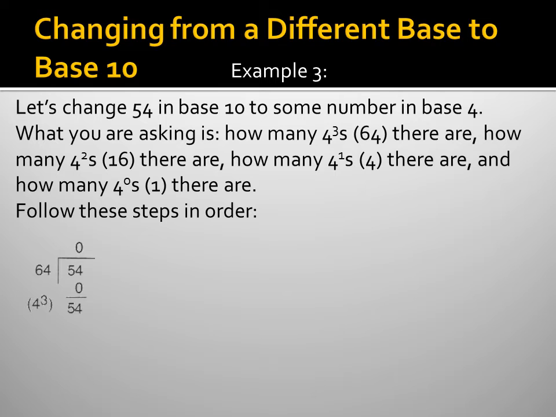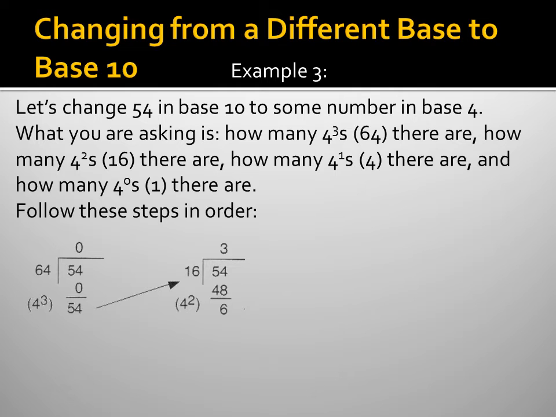Well, 64 won't go into 54 because 54 isn't big enough. So it goes in 0 times. 0 times 64 is 0, and we subtract 0 from 54, and we have 54 left over. So in other words, there are no 4 cubes in this number. But we take the remainder, which in this case is 54, and we put it into the next division problem. Or you could have started with 4 squared if you knew it was going to be 4 squared. If not, start with 4 cubed, and you find out there are none of those. Take the remainder, take it up to the next division problem, stick it back in the division problem, and this